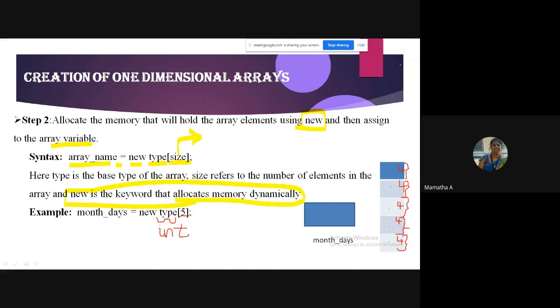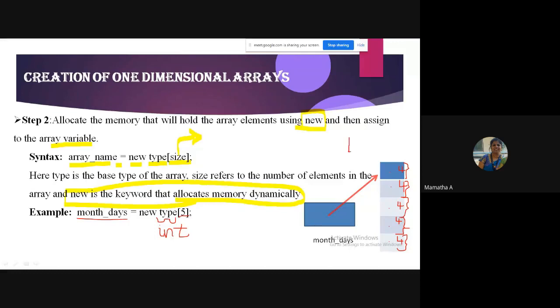Next, what the compiler will do is, this memory which got allocated should be stored in month_days, which is your array variable. It will just hold the address. The first element's address is called what address?